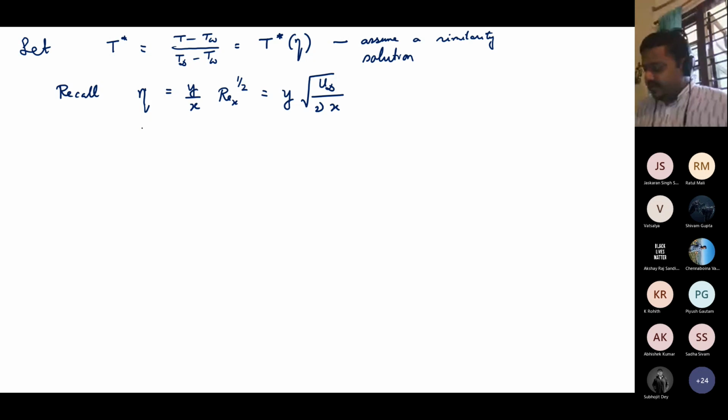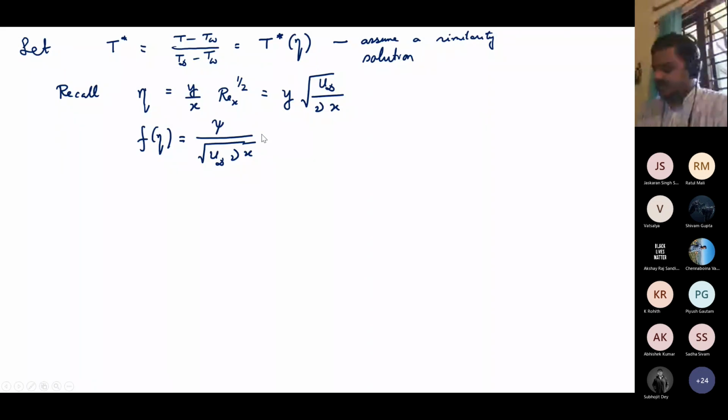And what was f of eta from my Blasius equation? That was psi divided by the square root of nu x u infinity. Right. So if you put these